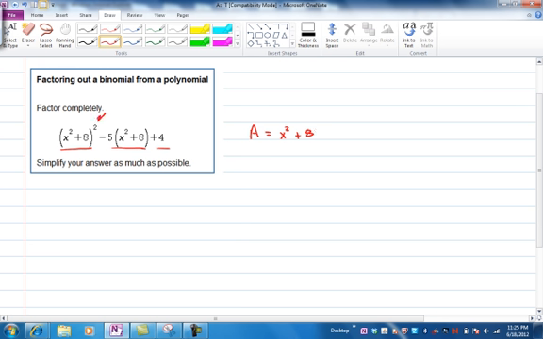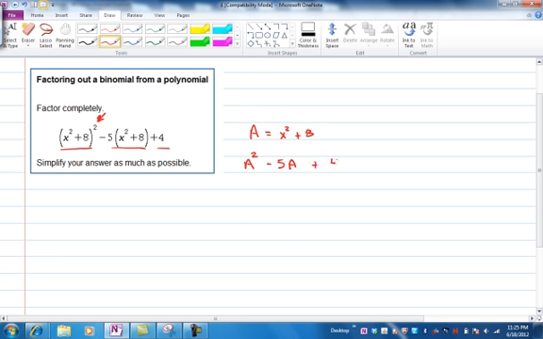Squared meaning two factors in the first term and only one factor in the second term, and it does not appear at all in the third term. If you make that substitution, this problem becomes quite a bit simpler. A squared minus 5a